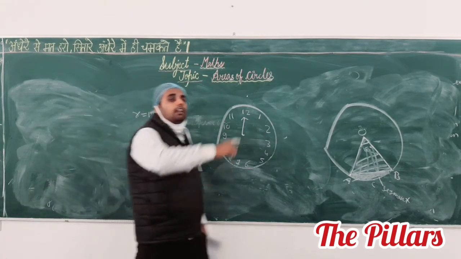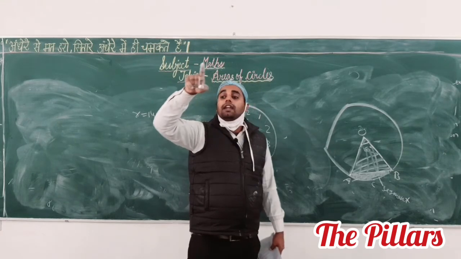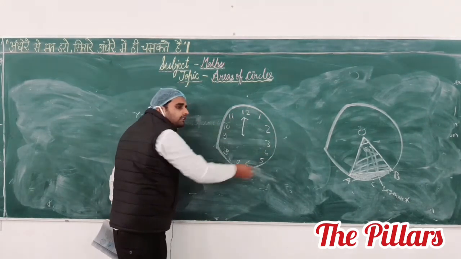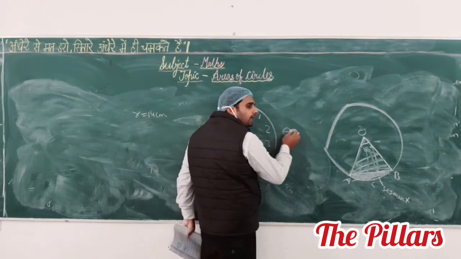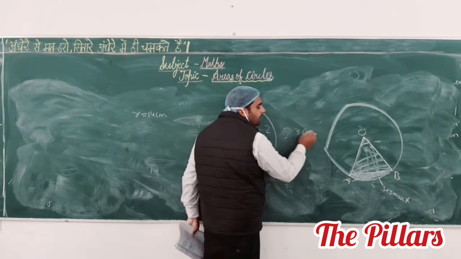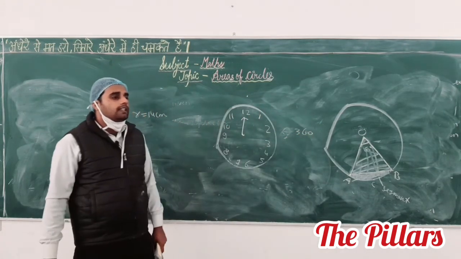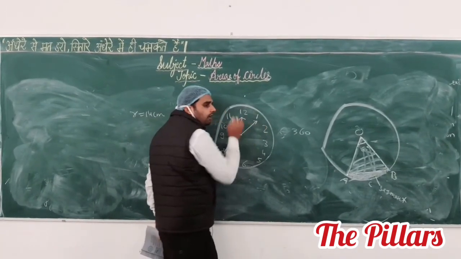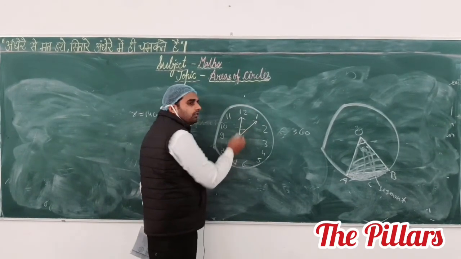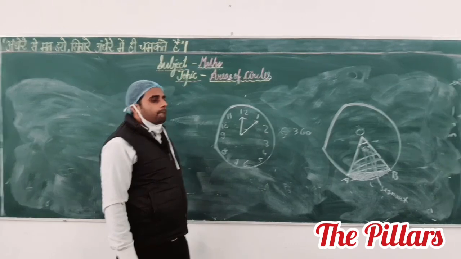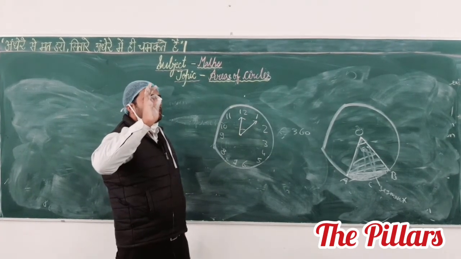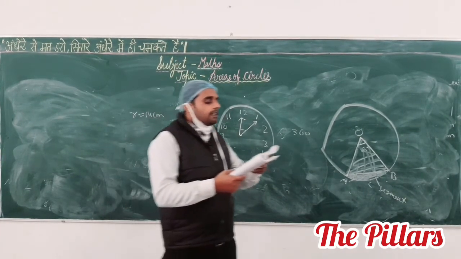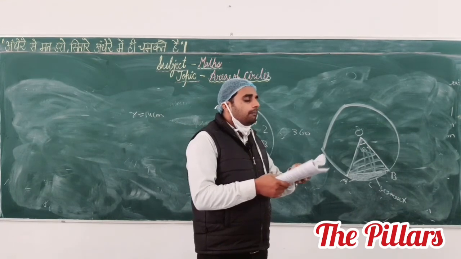Listen to me. The total angle covered by the clock is 360 degree. It means the value of the total angle equals 360 degree. Till here, anyone have any problem? You see that the question asks that after 5 minutes, this is the initial position of the clock. After 5 minutes, this is the position of the clock. In 60 minutes, 360 degree. In 5 minutes? Listen to me. The question asks: the length of the minute hand of the clock is 14 centimeter. Find the area swept by the minute hand in 5 minutes.